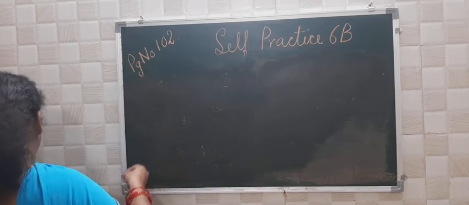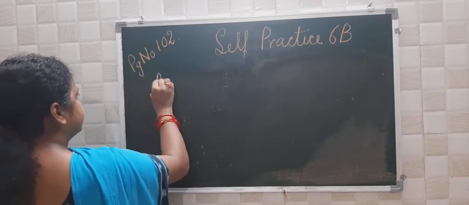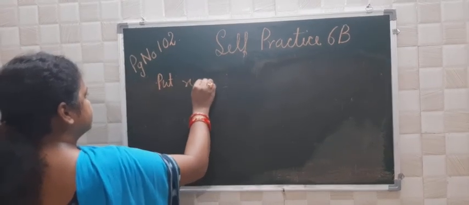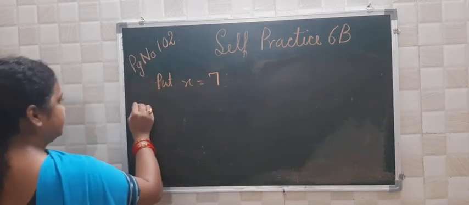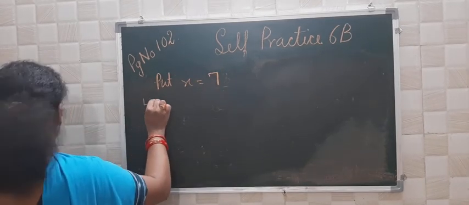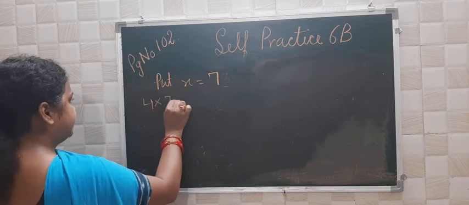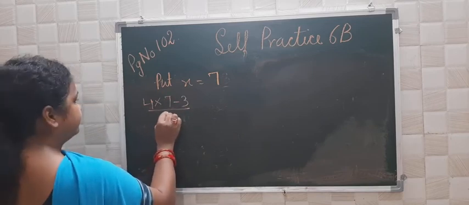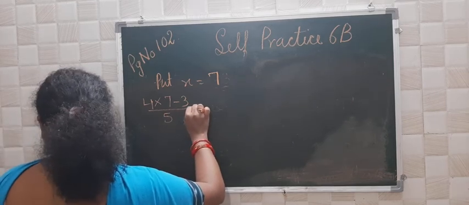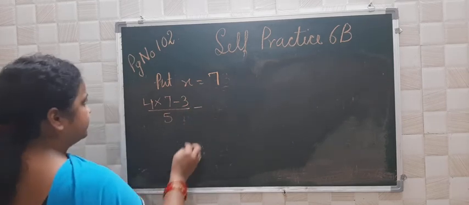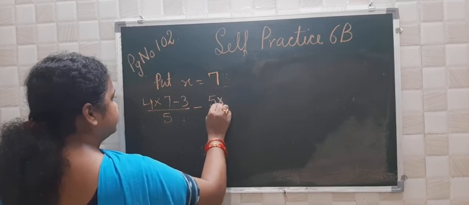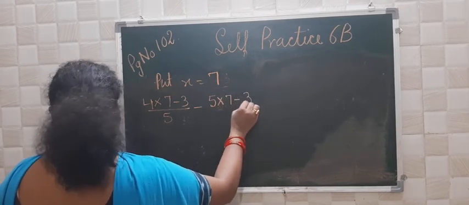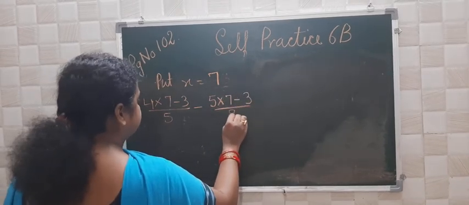Now put x is equal to 7. So you will have 4 into 7 minus 3 upon 5, then minus (5 into 7 minus 3) upon 8,